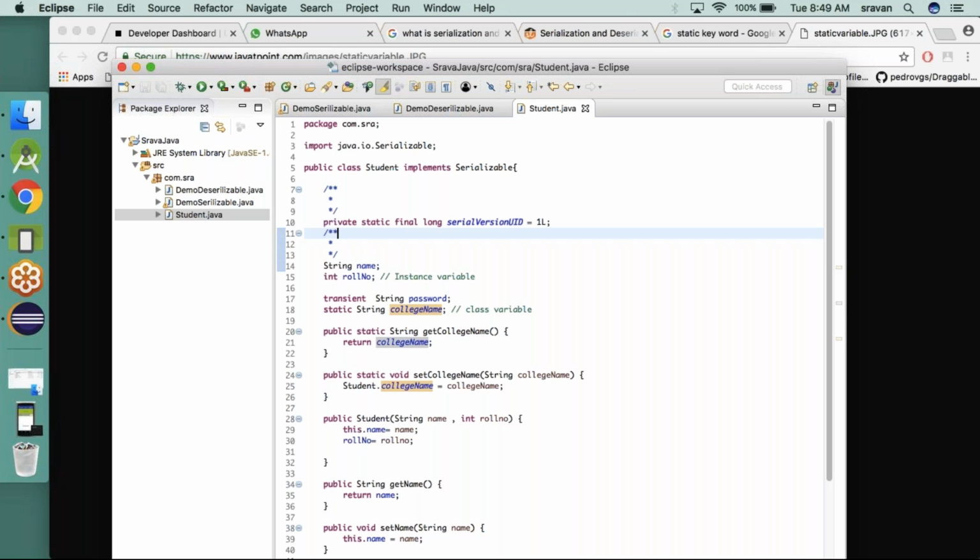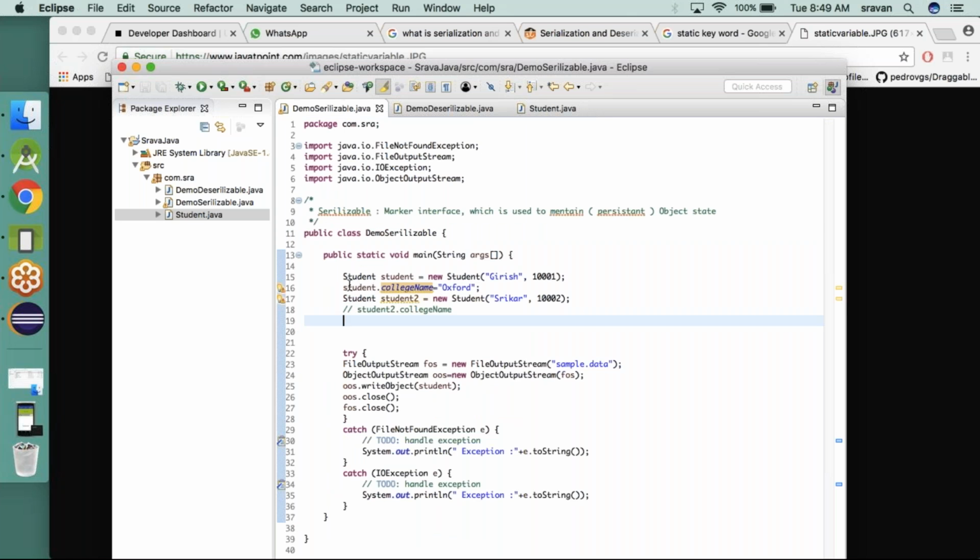Even suppose you say student dot college name equals Oxford, one more good example, and student two dot college name equals